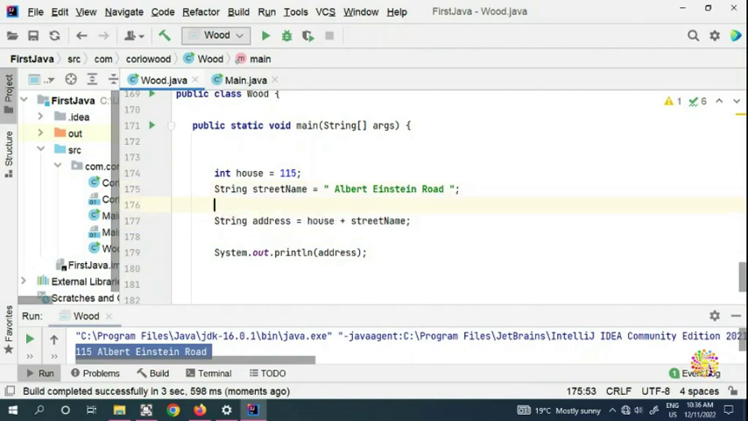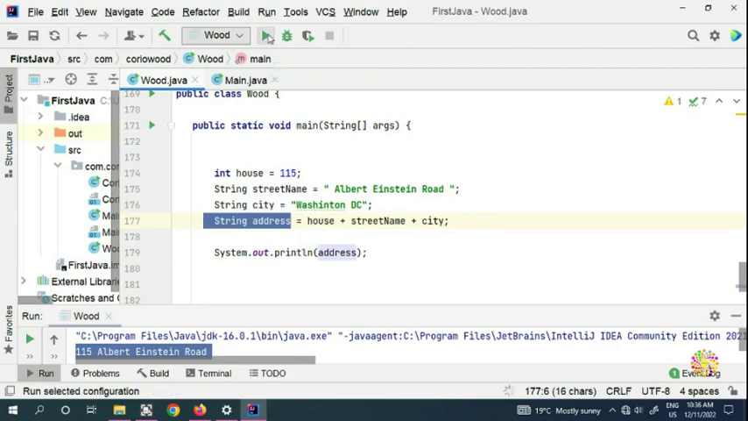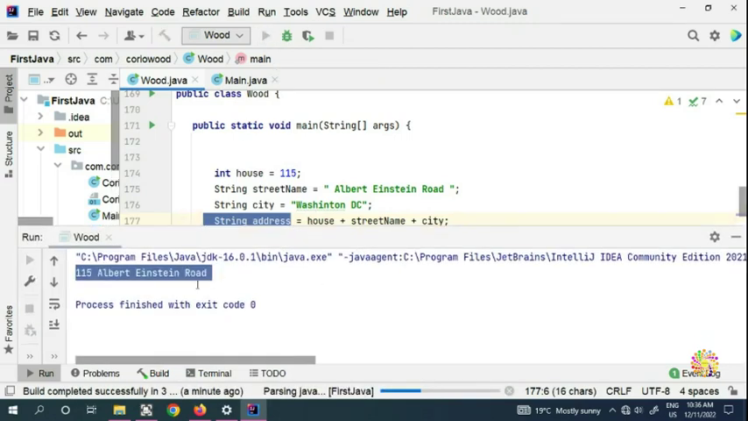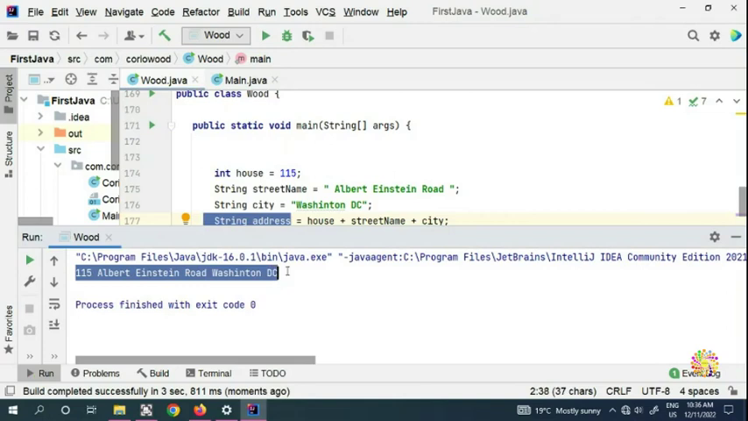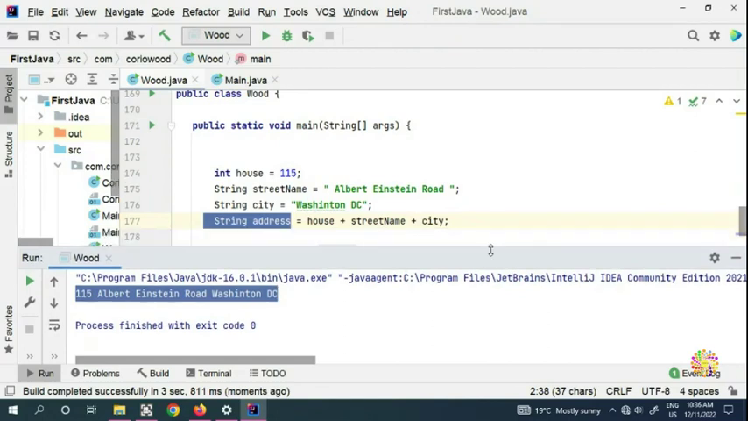You can concatenate as many as you want. For example, if you have a string city, for example, we can put Washington DC, and here we're going to concatenate the city as well. Because we concatenate all in this address, we're going to see this in one line. You can put your address in this way, and you'll see that in Java, not just Java, in C++ as well, every other programming language, with the exception of PHP,